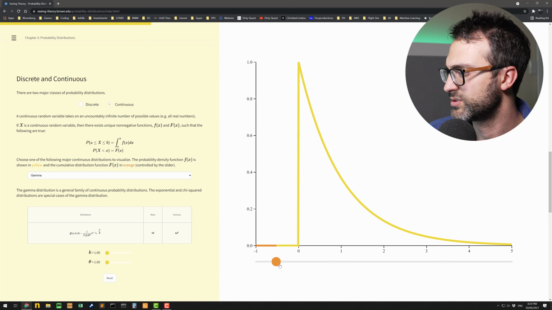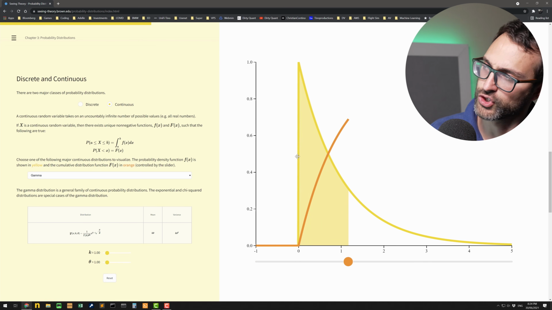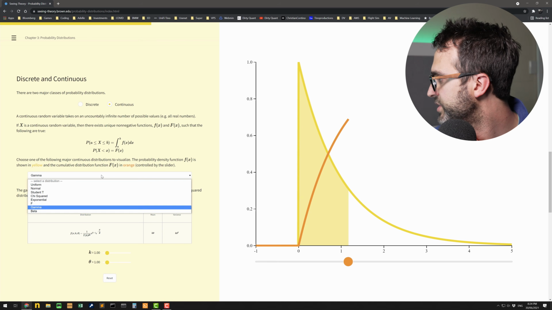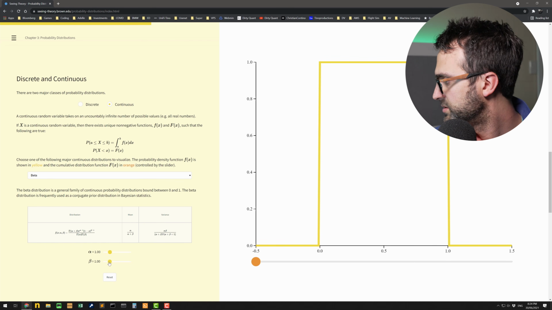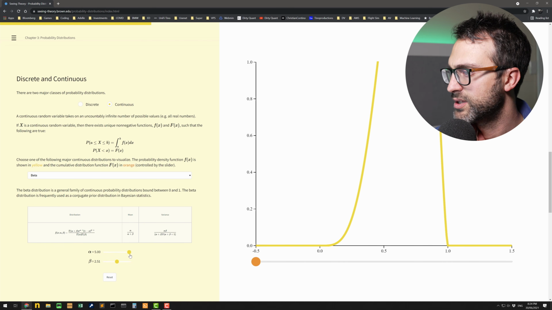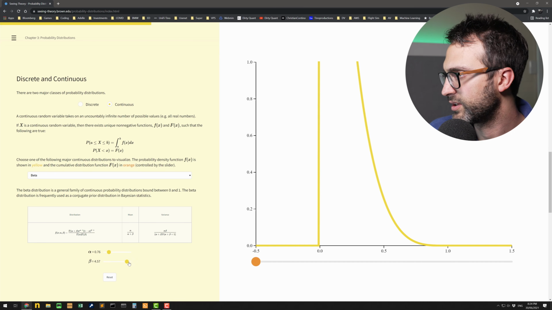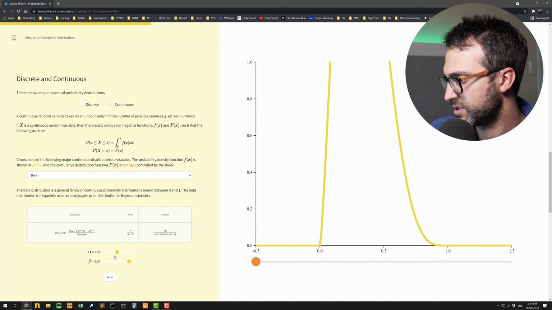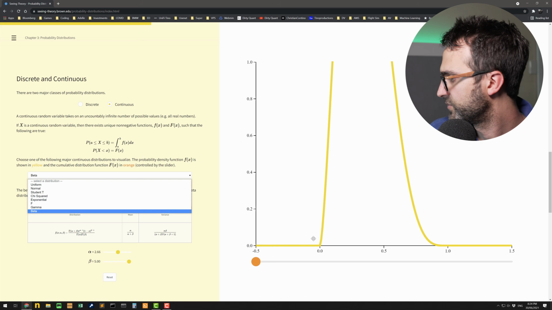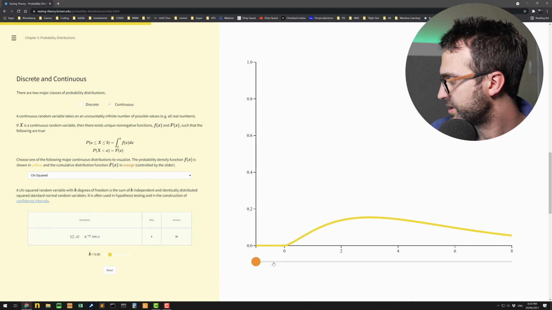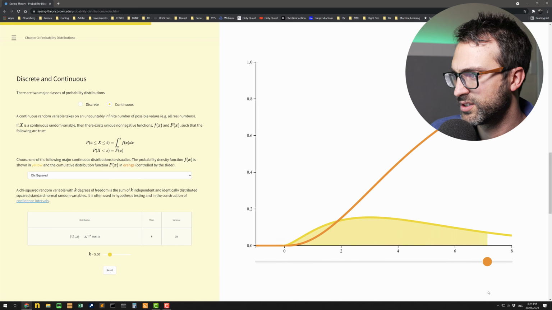Something a little bit more like gamma. Yeah, gamma's cool. I like it because it's just positive. Gamma distribution, pretty nice. Beta, let's make it a little bit nicer shaped. Beta and gamma, I like to think of them as sort of twins. They've got these special characteristics. Yeah, nice. What else we got? Chi squared. Yeah. Never seen a CDF of chi-squared. Every day is a school day. Love it. Look, nice. Yeah, confidence intervals. I think that'll be very visual. You could do something very cool with this.